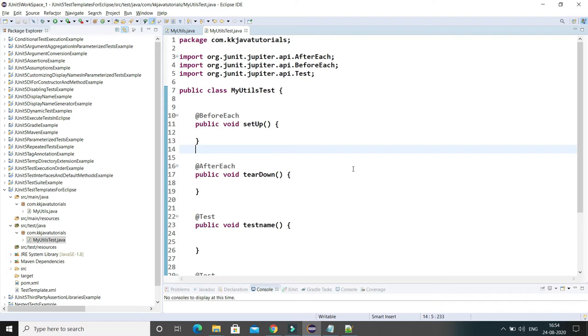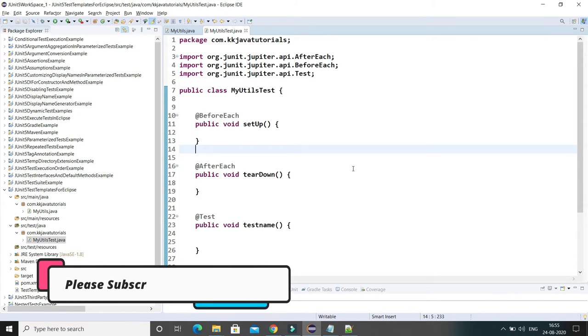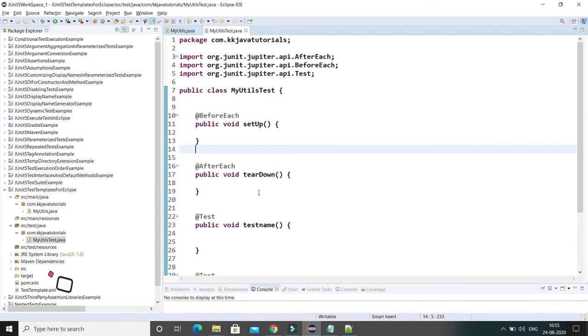So here you can see how auto support is giving support to us based on the defined template. This is not only valid for JUnit test cases, but you can define your own template if you are going to create some classes again and again, and need to write some kind of method again and again. To avoid those things, you can just define a template, import it in Eclipse, and you'll get the auto support. So that's all I wanted to show in this video tutorial.